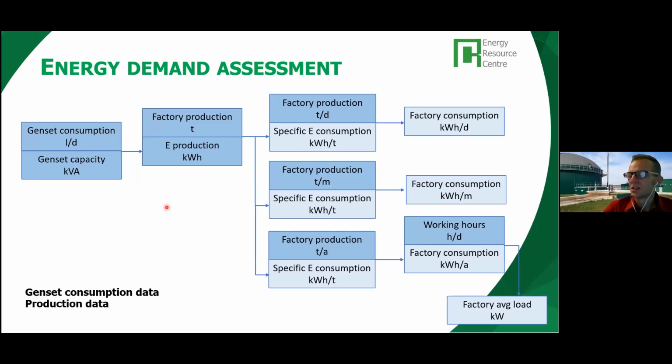The way that you can analyze the consumption data, the fuel consumption data of your generator, is as follows. If you have your liters per day consumed, and you combine it with the kVA rating of your generator, you can estimate the kilowatt hours produced during this period, a day in this case. Combine it with factory production in tons, and then you get your kilowatt hours per ton,